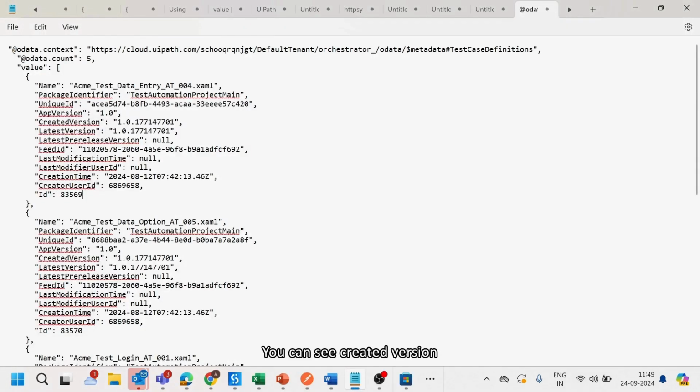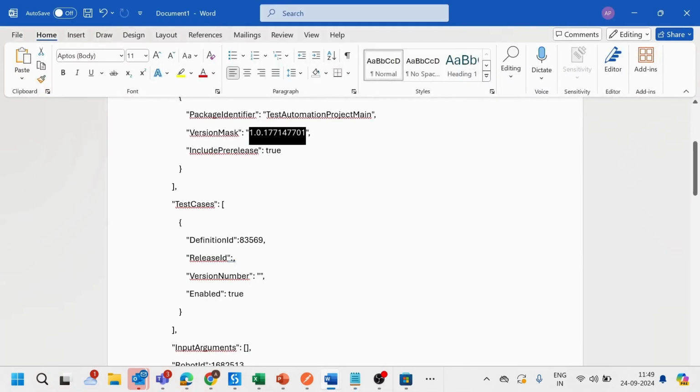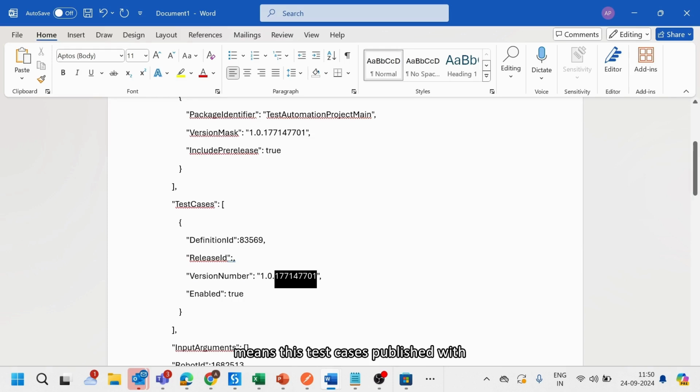you can see created version. This version and this version, both are the same, which means these test cases were published with the help of this package, which means this container contains these details. Okay. Now what are the things we have given? Definition ID, version number. Okay. Then enabled. Enabled is nothing but